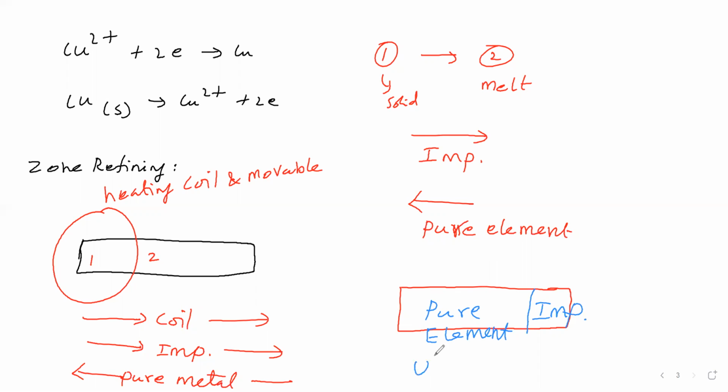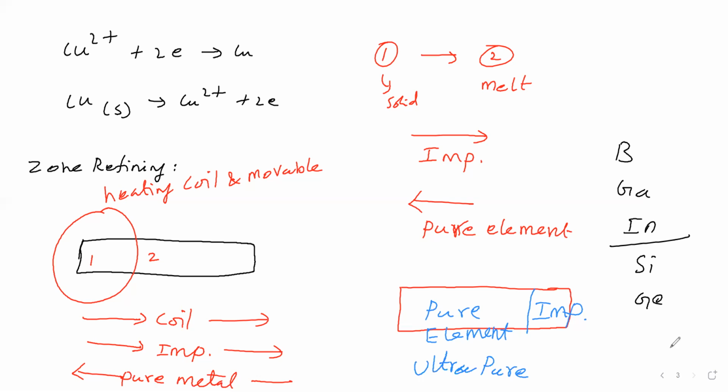Here we got the pure element. This comes under ultra pure because the purity is much higher. Therefore, ultra pure metal we can get here. In this method we can purify boron, gallium, indium, silicon, germanium. Third group: boron, aluminum, gallium, indium, thallium. Fourth group: carbon, silicon, germanium, tin and lead. These elements can be purified by the zone refining method.